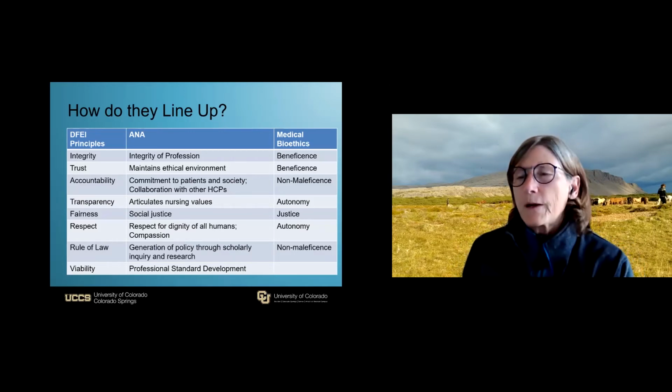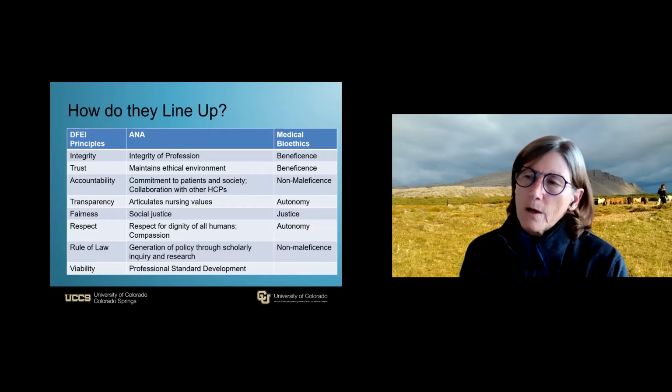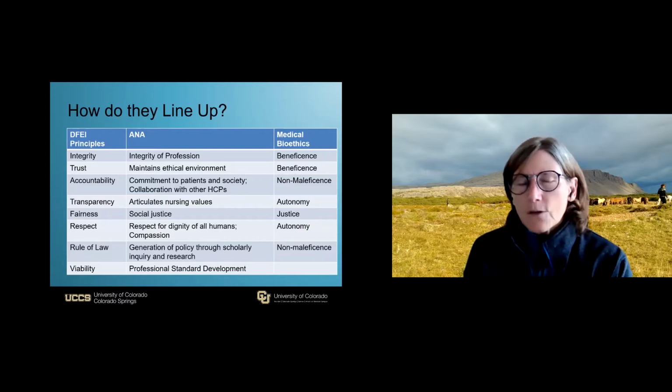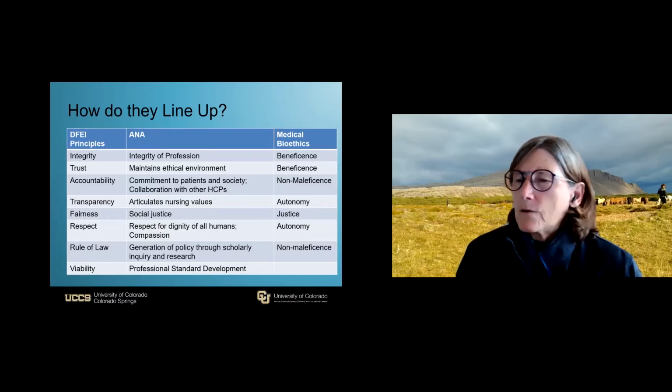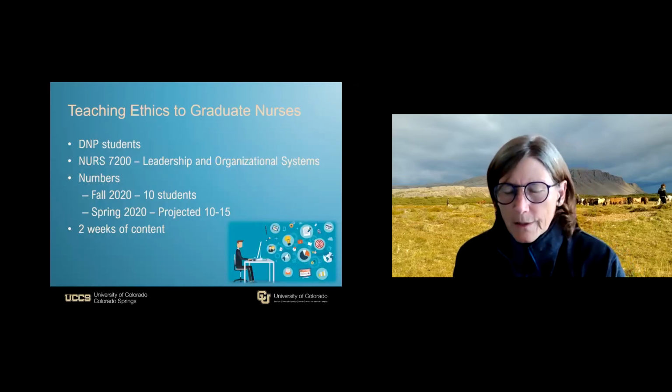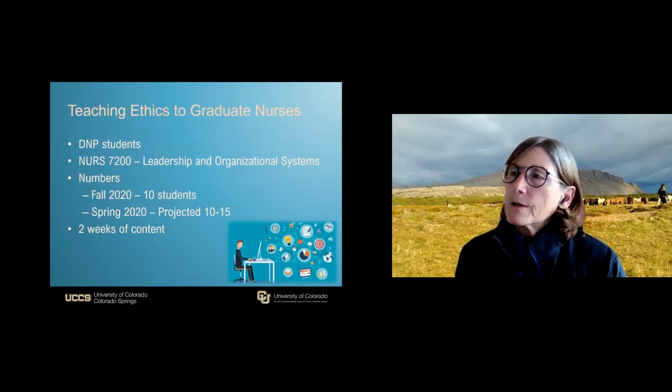For example, fairness in the DFEI principle would align with the social justice or provision 9 in the ANA Code of Ethics and the justice in the biomedical ethical principles. So the project that I'm going to do is basically